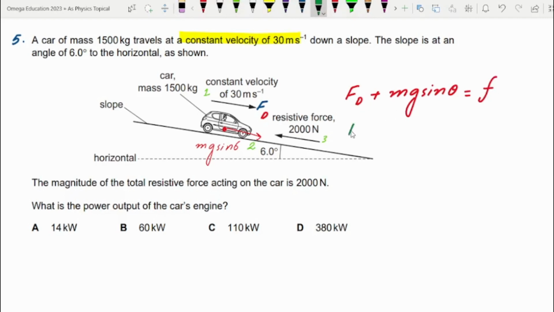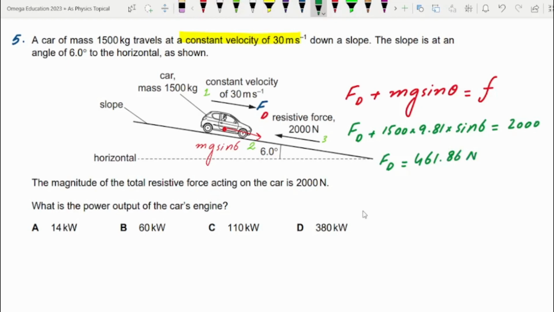So let me insert the values. Fd, we don't know the value of it, plus mg sine theta. Mass is 1500 times 9.81 times sine 6 equals 2000. So let me find the value of Fd from here. Fd is 461.86